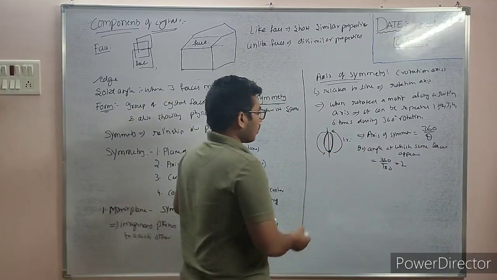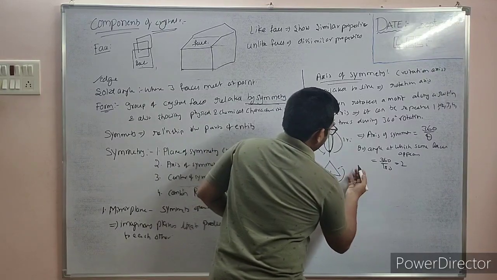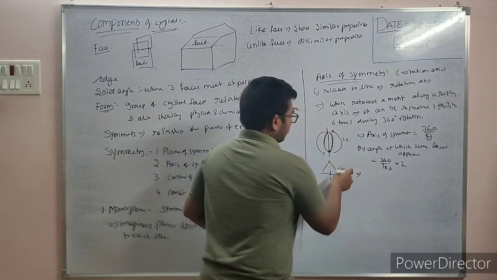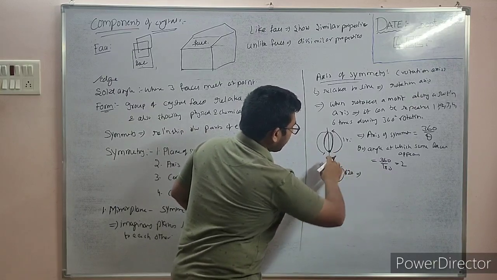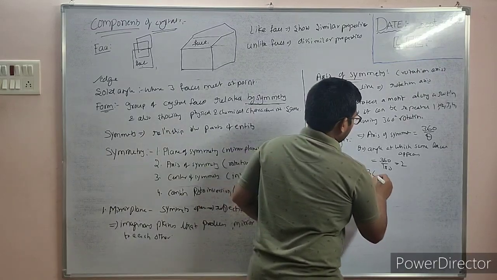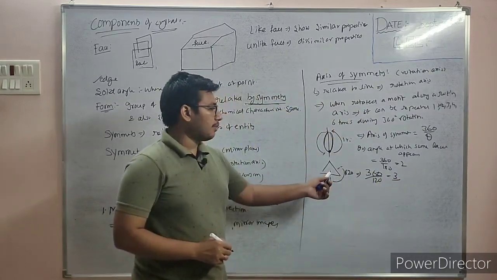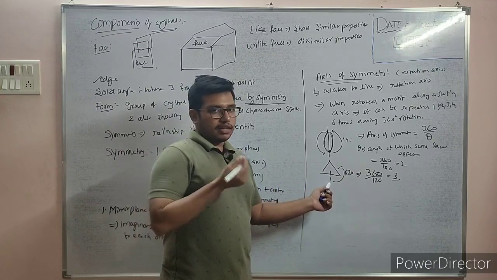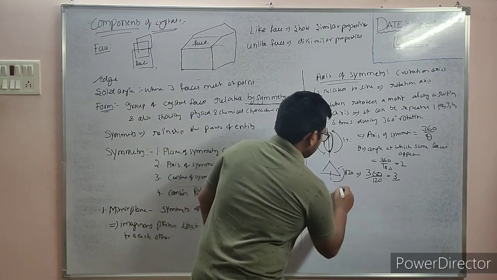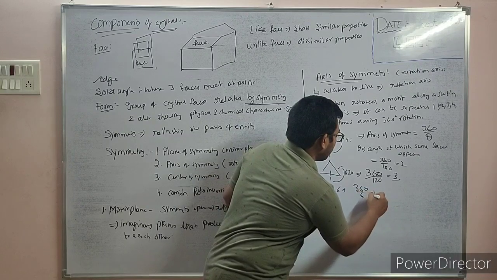If you take the triangle also, after rotating 120 degrees, you will get the same face. If you rotate 120 degrees, the face will come like this, again like this, again like this. It gives threefold symmetry because it repeats 3 times during the complete rotation. Like that you can calculate for everything, up to 4 and 6. 360 upon 6 will give 60 degrees of rotation.